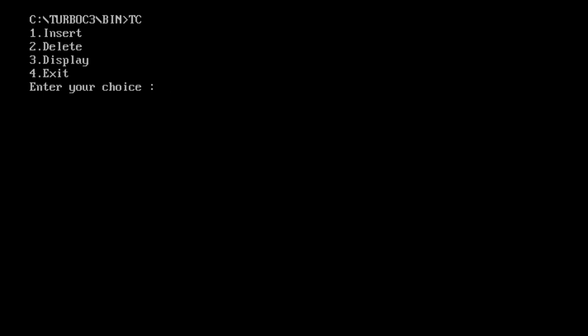Okay, then it will ask for the choice. Number one is insert. So click on one to insert element in the queue.